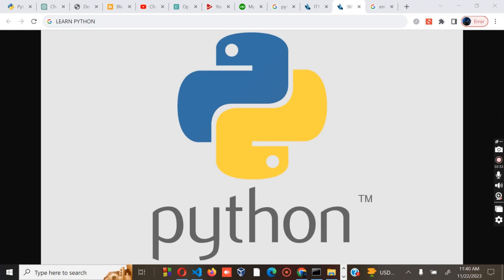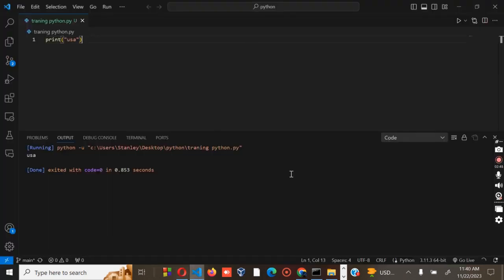Then another advantage is that Python uses fewer lines to complete a command as opposed to other programming languages. And lastly, Python relies on indentation using white space to define a scope, such as the scope of loops, functions, and classes, while other programming languages will often use curly brackets for this purpose.